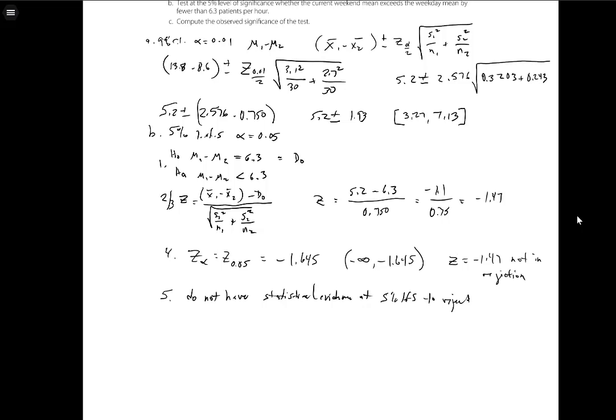Continuing on to C. C is to compute the observed significance of the test. Our observed significance is the p-value of the test. The p-value is looking at the probability value of our test statistic, which was equal to minus 1.47. We could just look up minus 1.47 in the cumulative normal distribution table to come up with what the probability is, and that winds up being